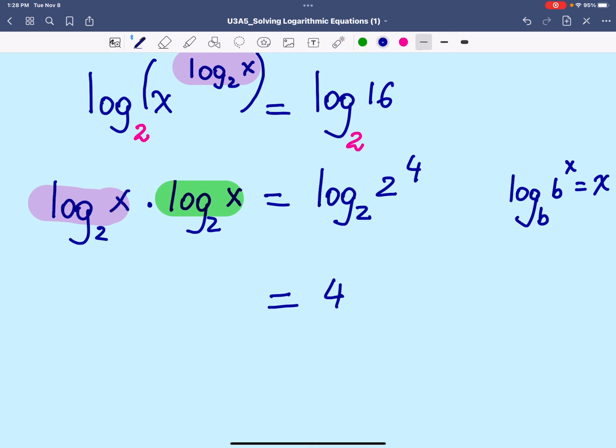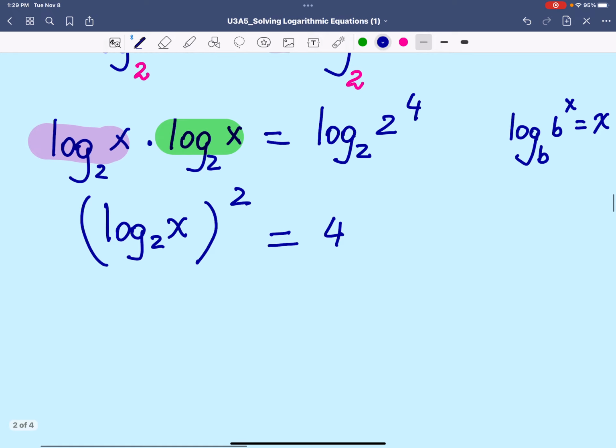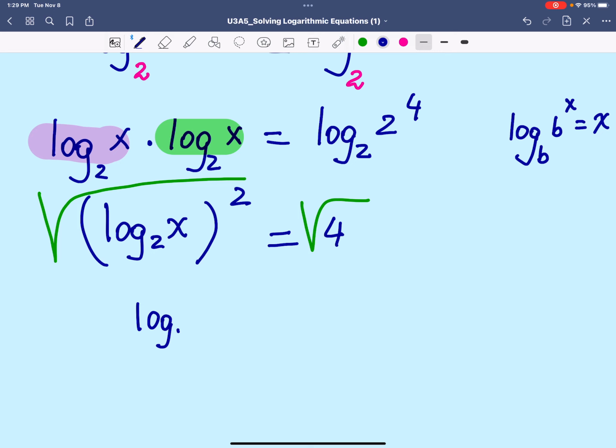So the only way we can write this is log with base 2 of x to the power of 2. Why to the power of 2? Because we have a term multiplying itself. So we are trying to gain access to this x inside the log, right? So we have a power we need to take care of first, so power of 2. So in order to get rid of this, we're going to square root both sides. So if you square root both sides of the equation, we're going to get log with base 2 of x